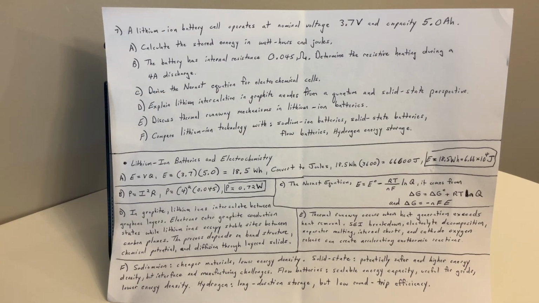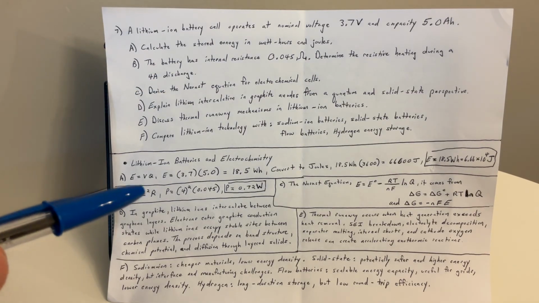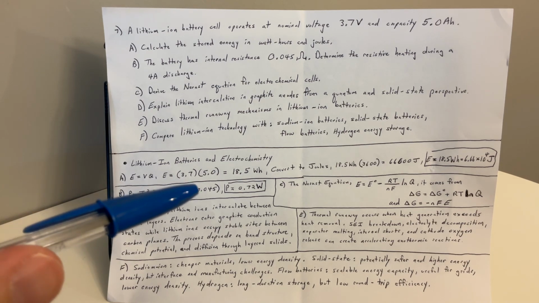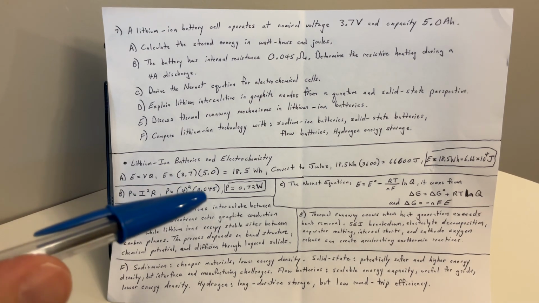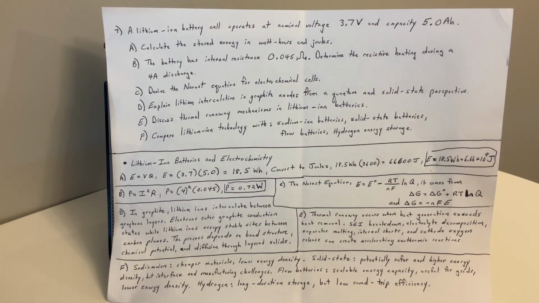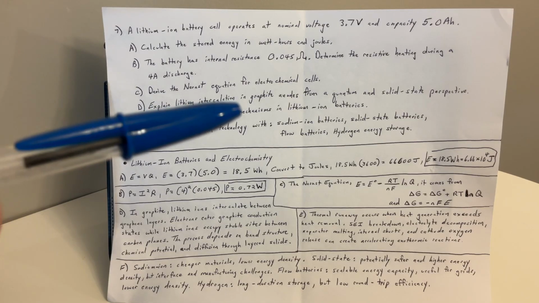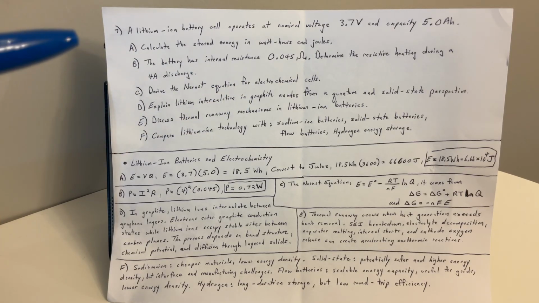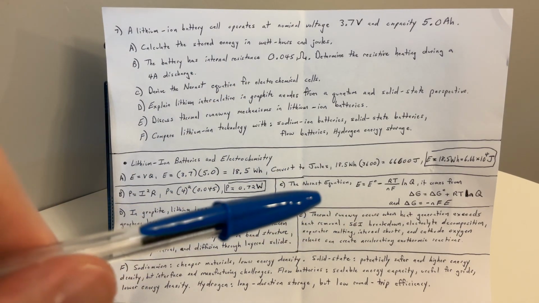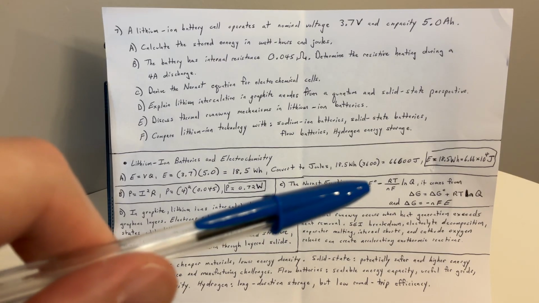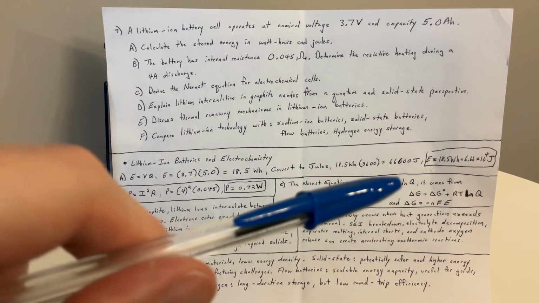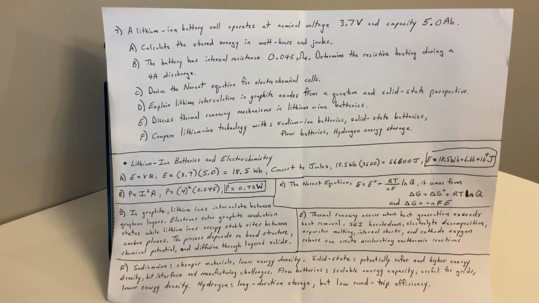So letter B here, P equals I squared R. P equals 4 squared times 0.045. P is 0.72 W. C, derive the Nernst equation for electrochemical cells. Okay, the Nernst equation, E equals E degrees minus RT over nF ln Q. This is just going to talk about